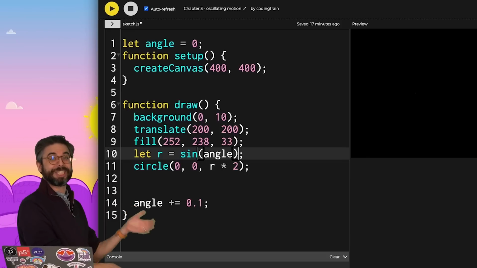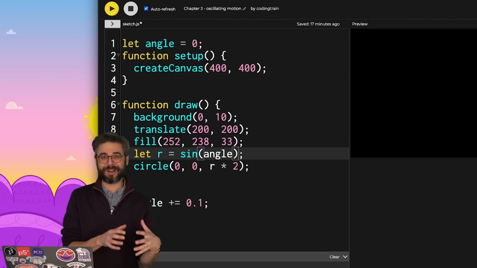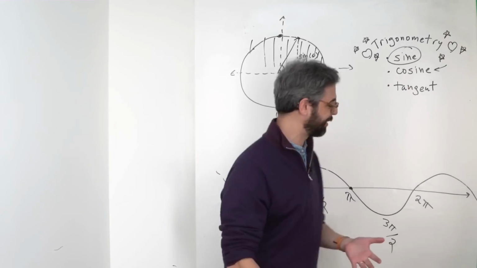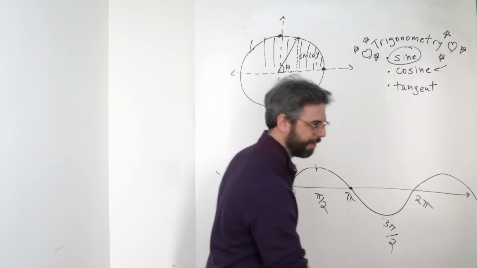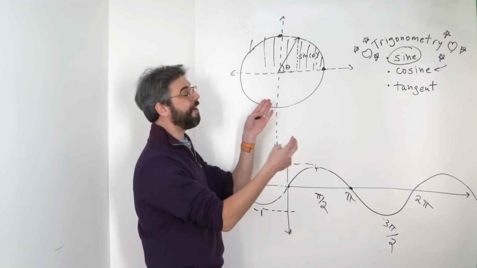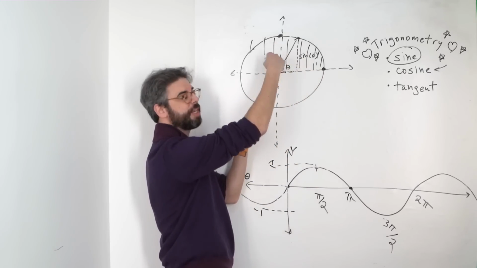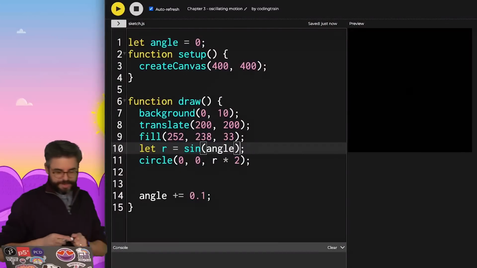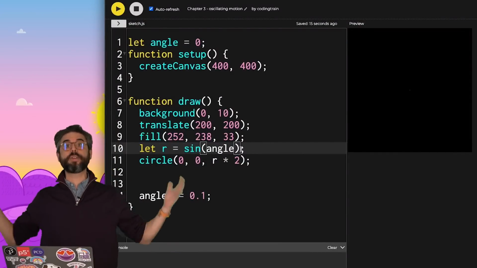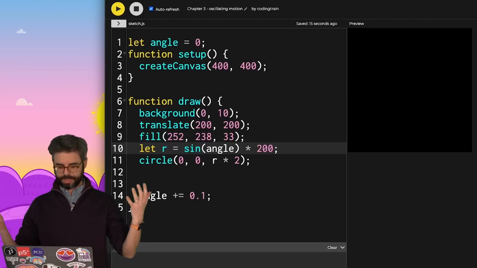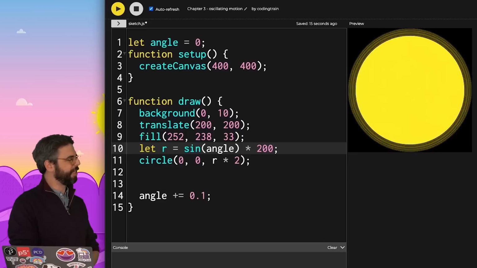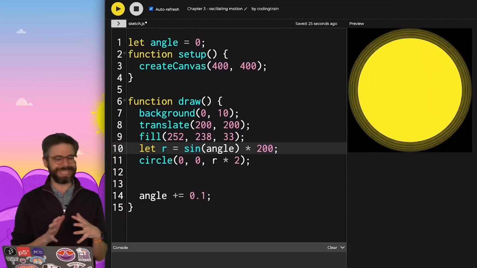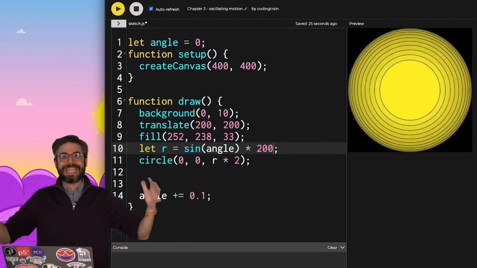This is really important. Just like with Perlin noise, the noise function always gives us a value between 0 and 1, the sine function always gives us a value between -1 and 1, because it's defined according to the values of a unit circle, a circle with radius of 1. So this is an easy thing for me to fix by, for example, I can just multiply sine of that angle. If I multiply it by 200, you can see what it's doing. But there is something a little bit weird going on. The value is oscillating between 200 and -200.